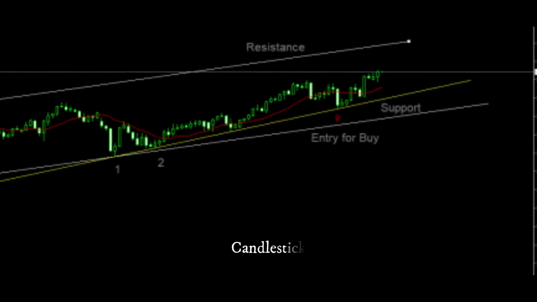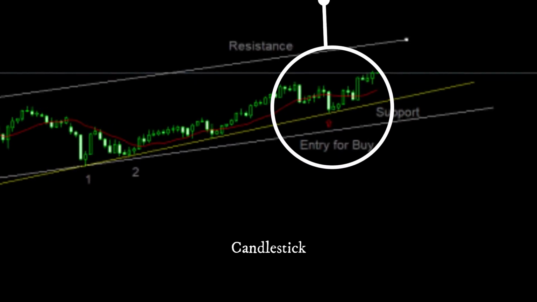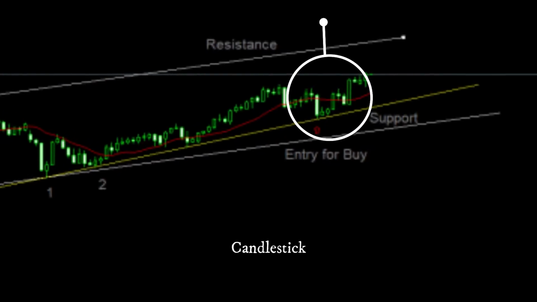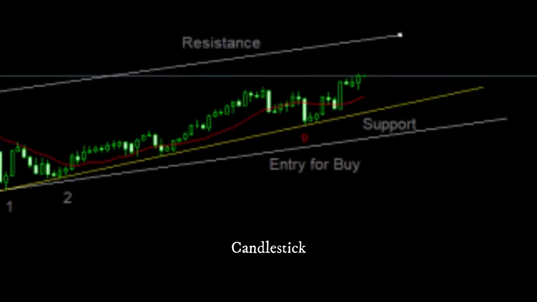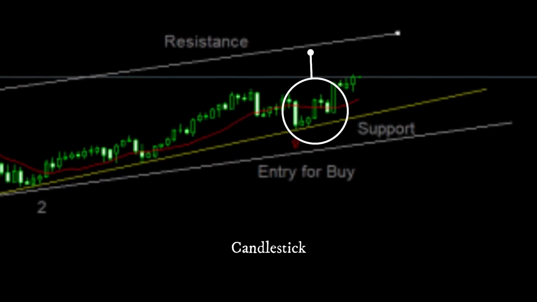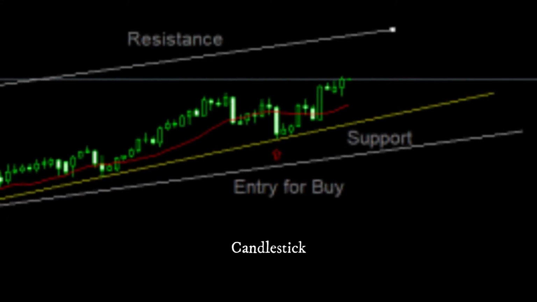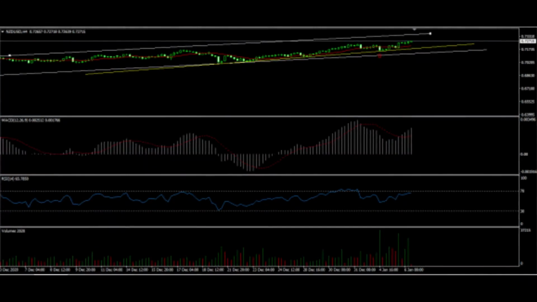Now the last primary indicator is candlestick. On 4th January it shows an inverse hammer. A similar bullish pattern is the inverted hammer. It indicates a buying pressure, followed by a selling pressure that was not strong enough to drive the market price down. The inverse hammer shows that buyers will soon have control of the market with potential for an entry to buy.